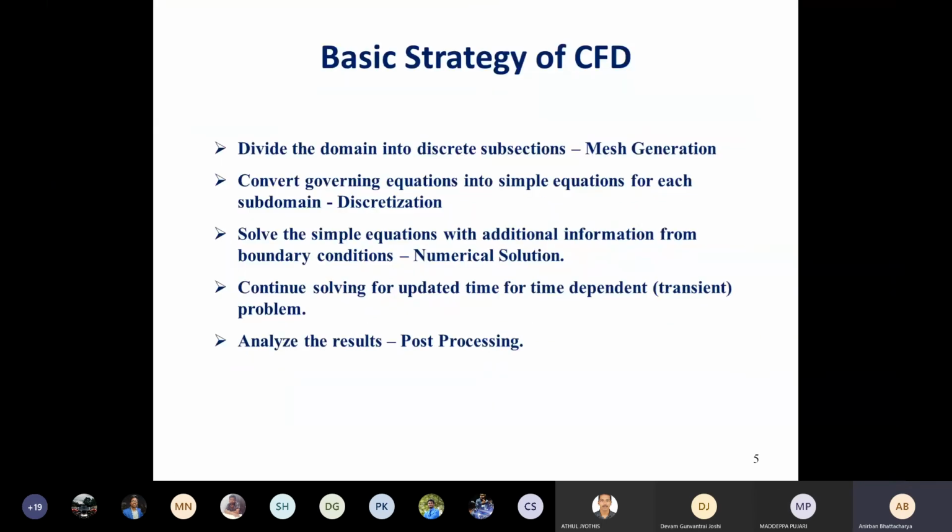What is the basic strategy of CFD? Those of you who have done CFD course already know this. So the main difference in CFD as compared to analytical solution is that you divide the domain. Domain is the entire volume, the control volume for the CFD problem. So for example, for this Formula 1 car, the domain is the Formula 1 car plus the surrounding region. You can ask how much surrounding shall we take. It is a suitable surrounding region based on expertise. I will have to decide how much surrounding I have to take.